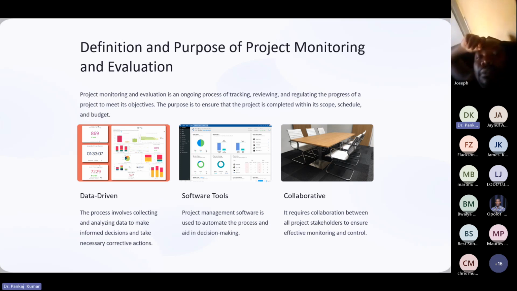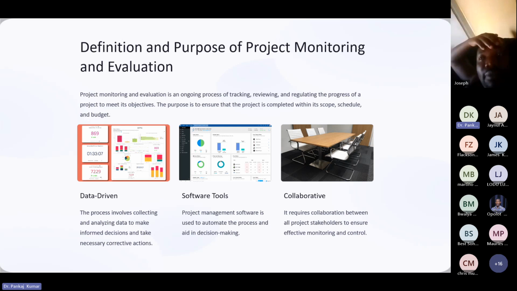Collaboration helps in resource allocation decisions by involving stakeholders. Also, when changes to project scope or plan are required, collaboration ensures that stakeholders are consulted and informed. This helps in managing scope changes effectively. Collaborative monitoring and control promotes transparency when